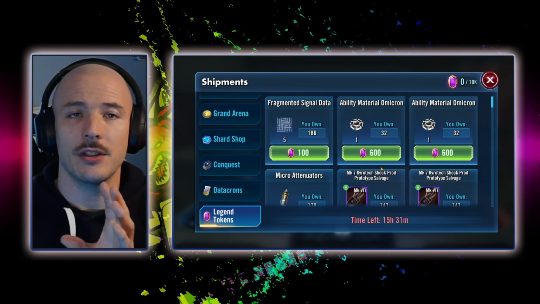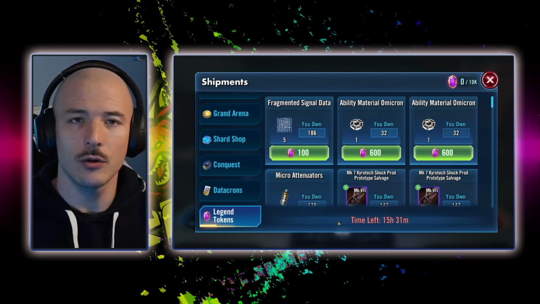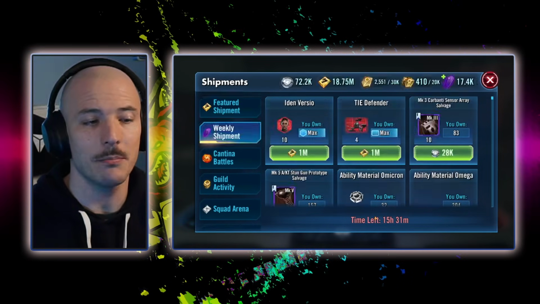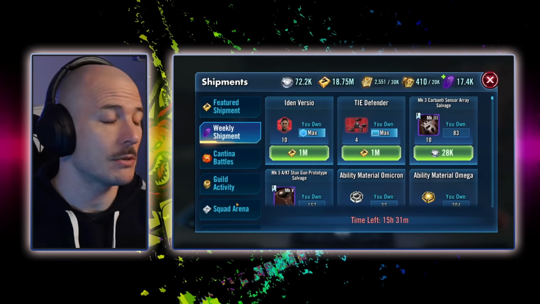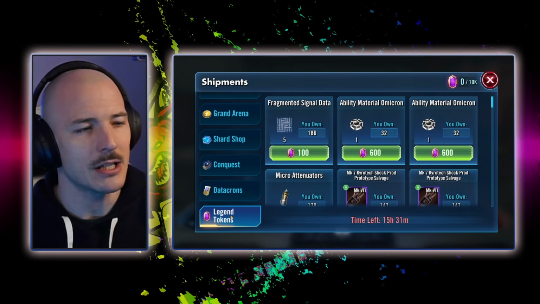So if you're looking for anything particular, you'll be able to buy that particular item once a week. It doesn't look like you can refresh it. I'm operating under the assumption it's once a week because it's tied up with the timings for my weekly shipments here, which means if you really want to focus farm something, it might be a little bit difficult because say